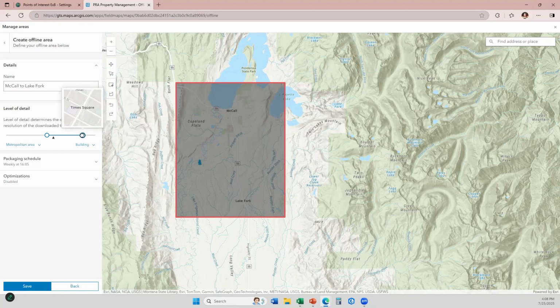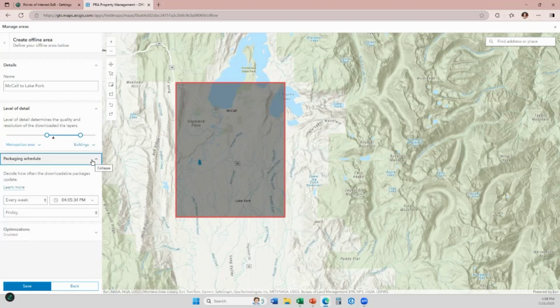So usually building or buildings, plural, are pretty good. They're pretty decent for the visibility that our end users need. Next, we're going to come to packaging schedule. Now, the packaging schedule is going to determine how often the offline areas are repackaged and made available for update